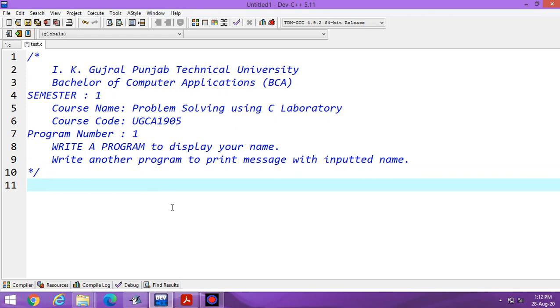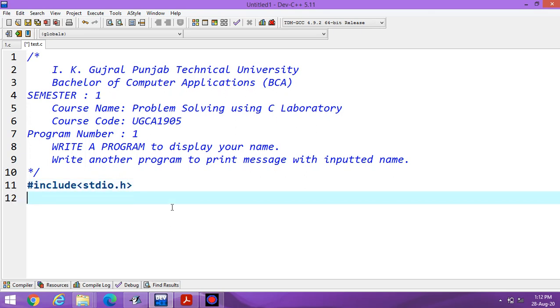To start with the program, we have to use the header file stdio.h. As it's your first program, it's my duty to tell what is the meaning of hash, include, stdio, and h.